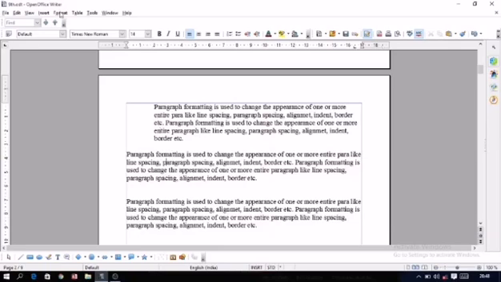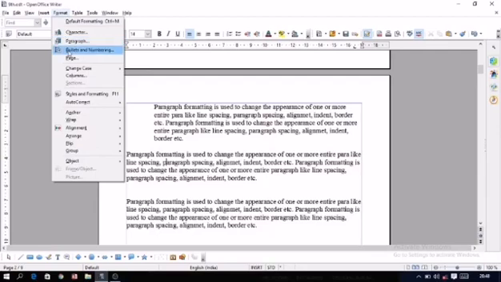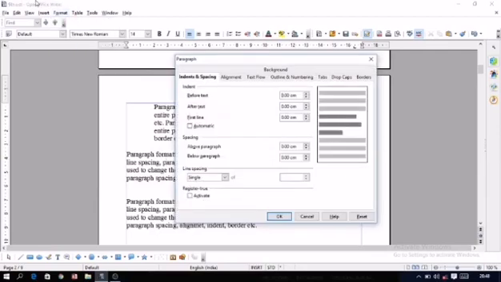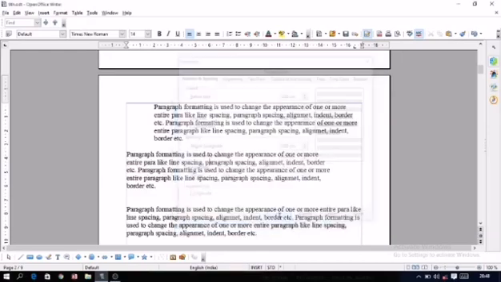Okay, now to the second paragraph I want to apply another formatting, that is click on the Format menu, Paragraph, indent and spacing. This time I am giving after text, meaning right indent, by 2 centimeters. So here the second paragraph is having indentation from the right hand side. So that is after the text.